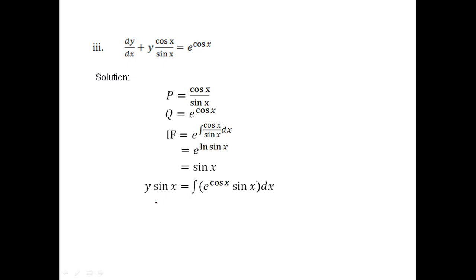So for P, we found that it was cos x over sine x. Q was e raised to the power cos x. So the integrating factor then gave us sine x. Okay. Then the general solution was simply plugged into the general formula, and it gave us y sine x is equal to the integral of the product of e to the power cos x sine x dx. So after using integration by parts, this is the final answer. Okay, so this was the end of